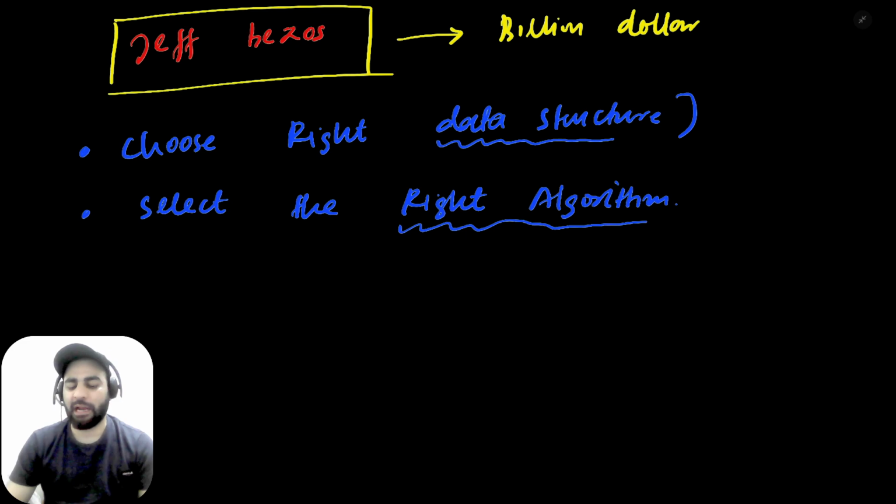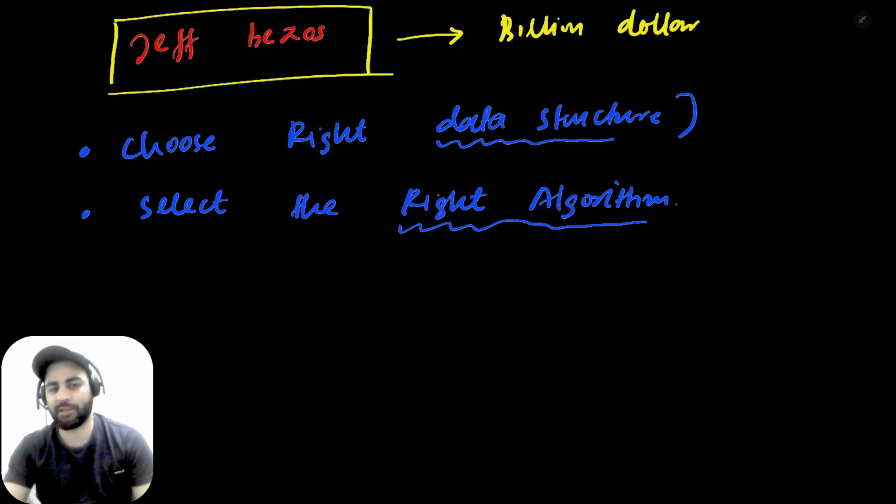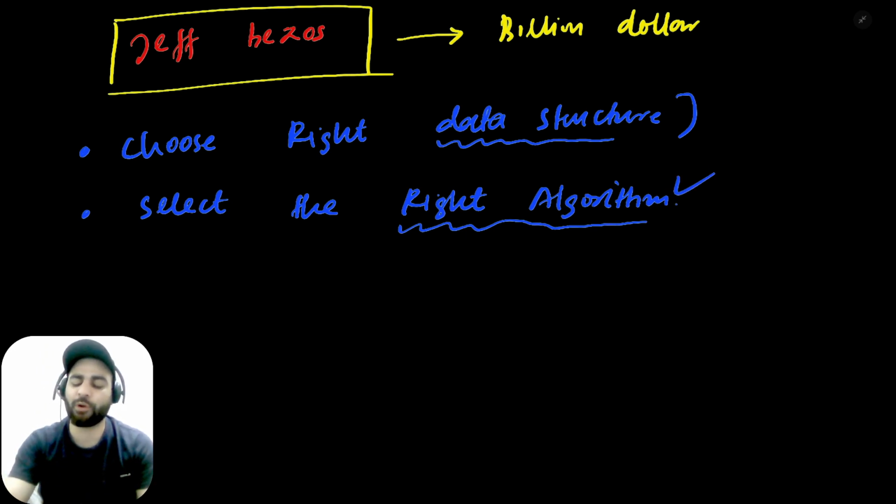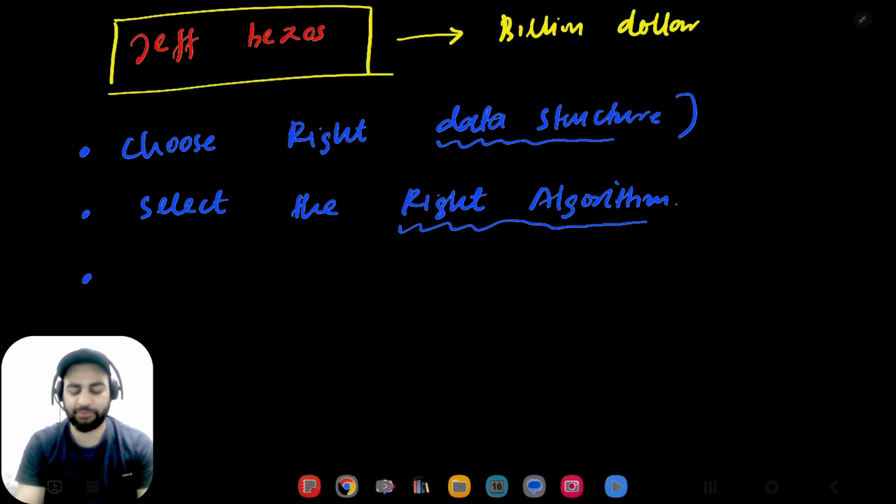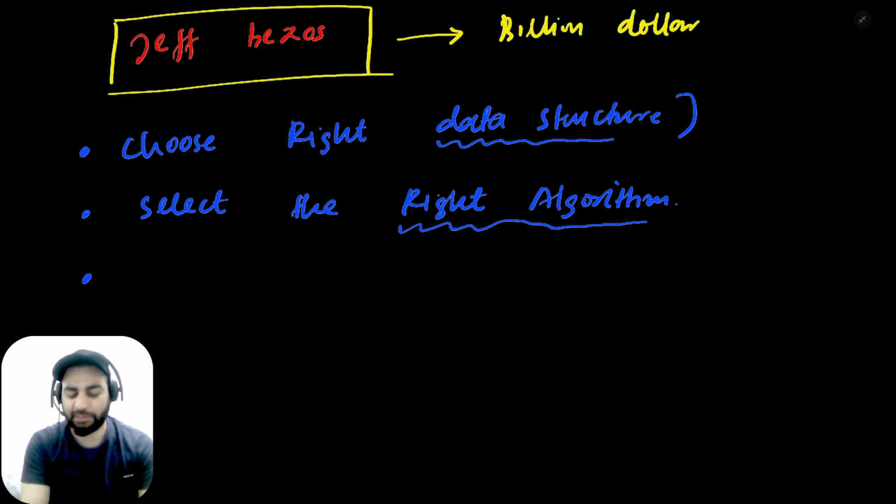Okay. And we'll also formally define what an algorithm is. It is a stepwise procedure for solving a problem. Okay. We can have a lot of algorithms to solve a problem, but which of them is efficient in terms of time and space? So for that, we also need to know what algorithms are. And then afterwards comes the implementation. After this, we have to implement the algorithm.